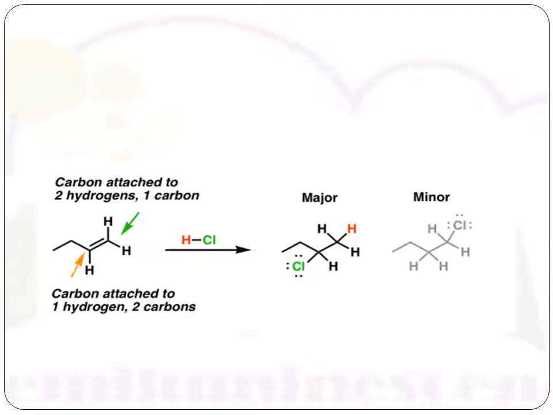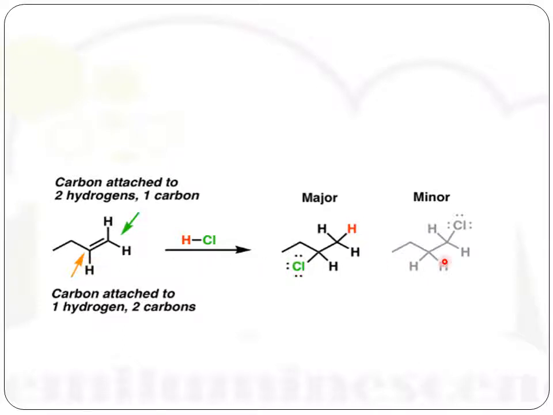Let's see with the help of an example. This is the example where HCl, an asymmetric reagent, is added to an asymmetric alkene. This is the asymmetric alkene. You can see here, if you put a cross line to this double bond, we get 2 unequal parts. This carbon is the first carbon which has 2 hydrogen atoms, and this carbon is the second carbon which has only 1 hydrogen atom. That means these 2 carbons directly bonded to the double bond are asymmetric. When HCl is added to this asymmetric alkene, it forms 2 products. These are the 2 products. The first product is formed when chlorine is attached to carbon number 2.